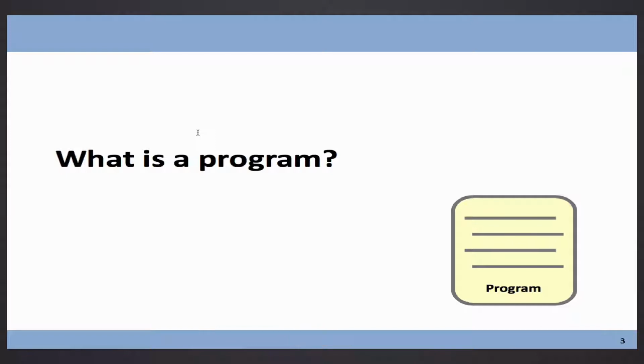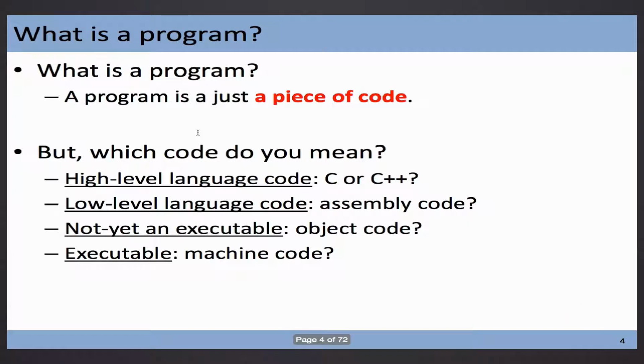You write a C code and you compile it, but the compilation is very interesting. The compilation, this is what we tell you in year 1 or year 2 courses. You compile it from C to assembly, in machine code, and then the thing will automatically run. In operating system, the story is not that simple.